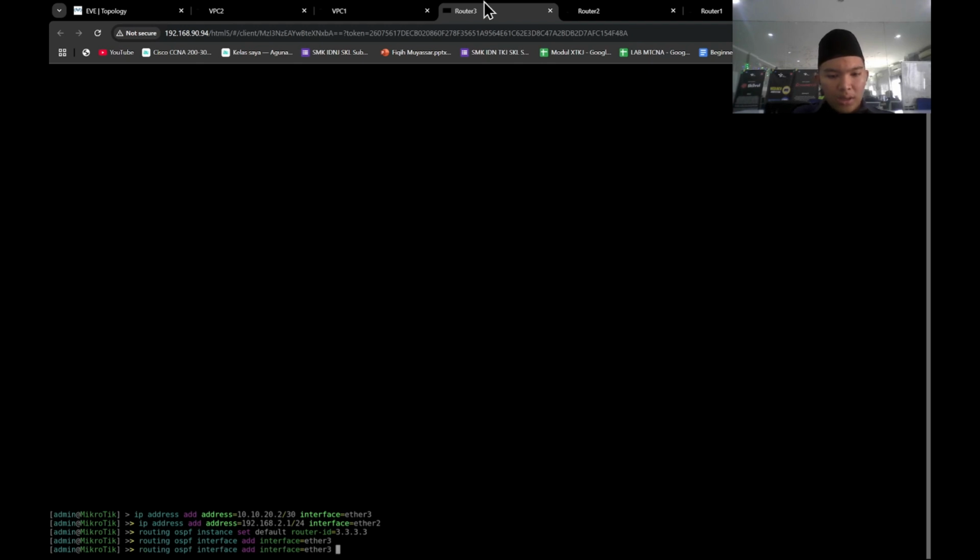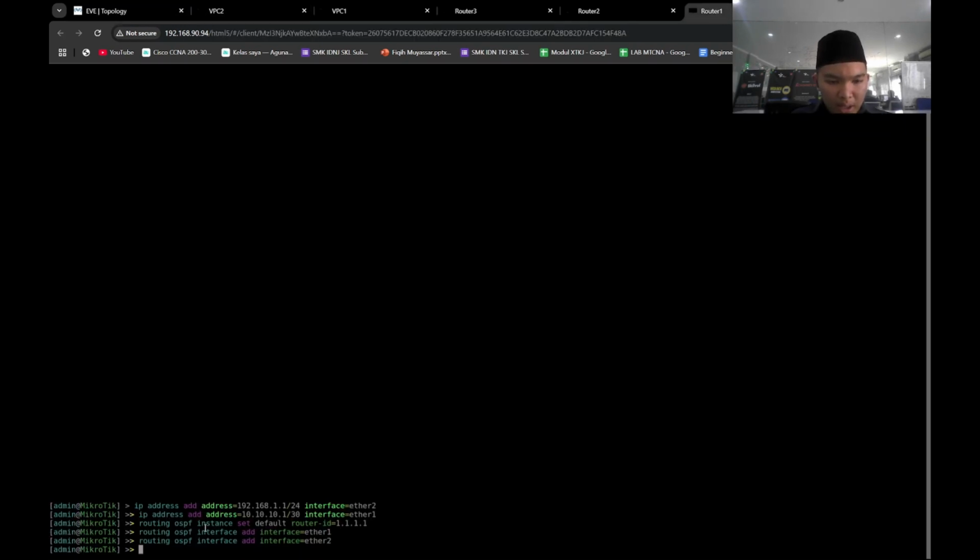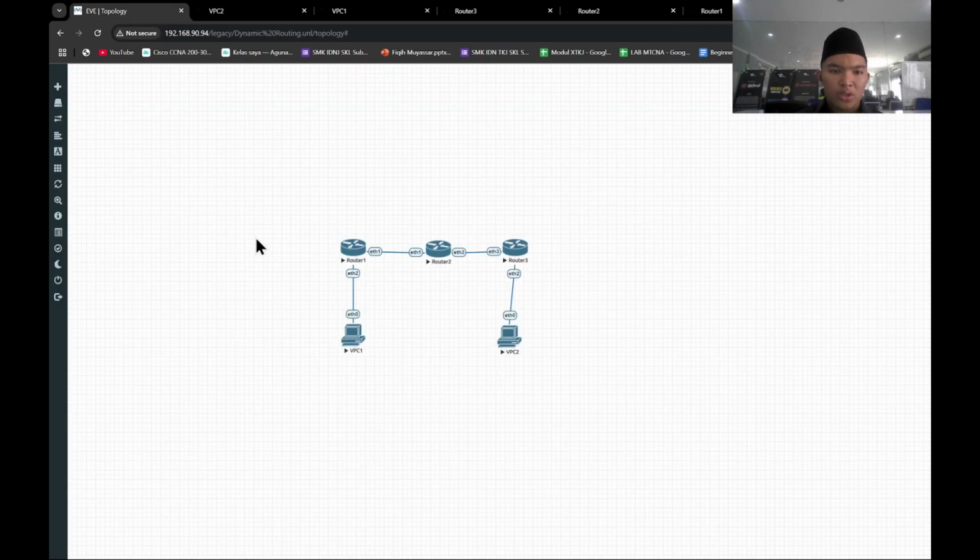And the last, we're gonna add the networks that the router has to the OSPF area, so the other routers can know, oh, router 1 has this IP network, and they can get the information. So you make the route automatically.